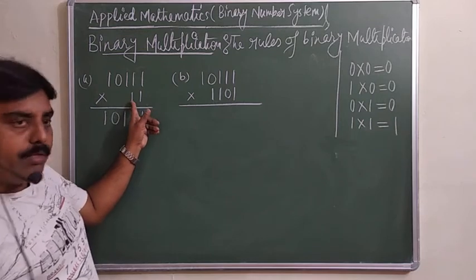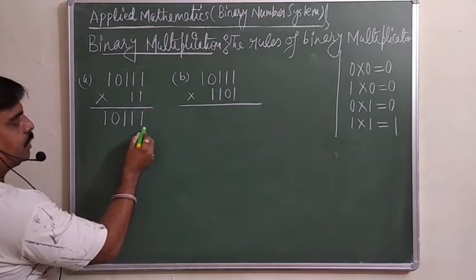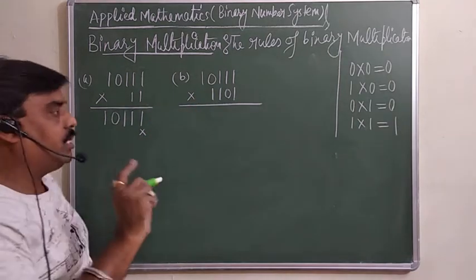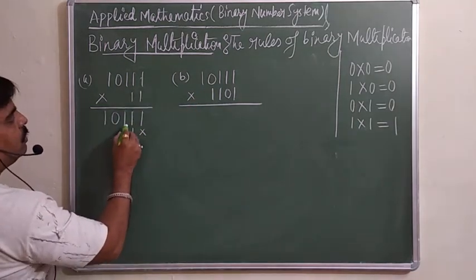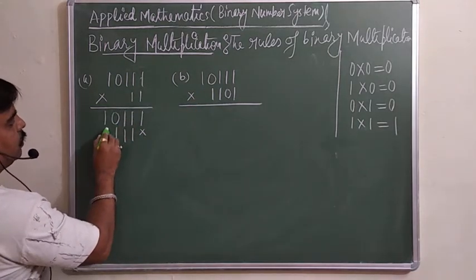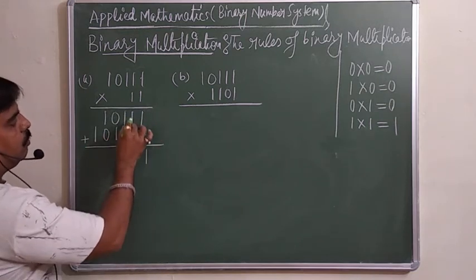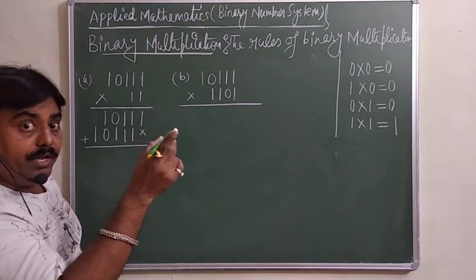Now for this we will multiply. So what we will do? We will hide this one. इसको हटा देंगे. As usual, we are doing the multiplication. Same thing we will do. So 1 into 1, 1, 1, 1, 0, 1. Now you can add them. 1, 1, 1 plus 1, 2 नहीं, 10.